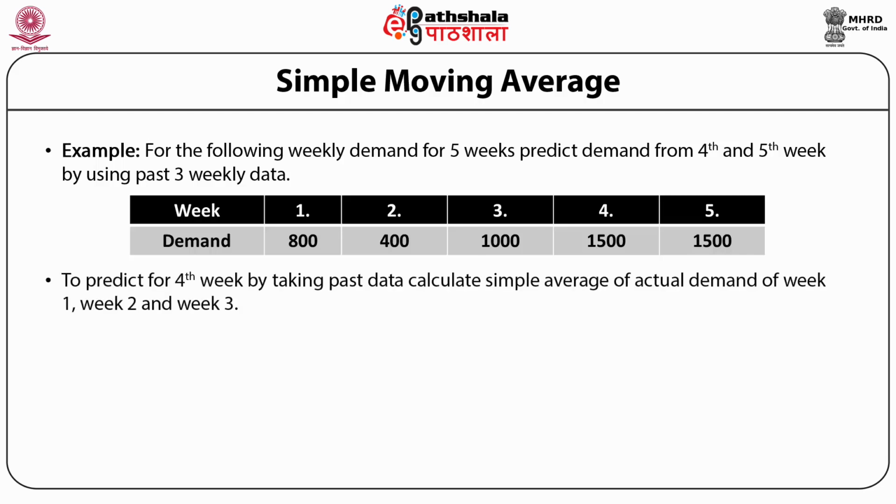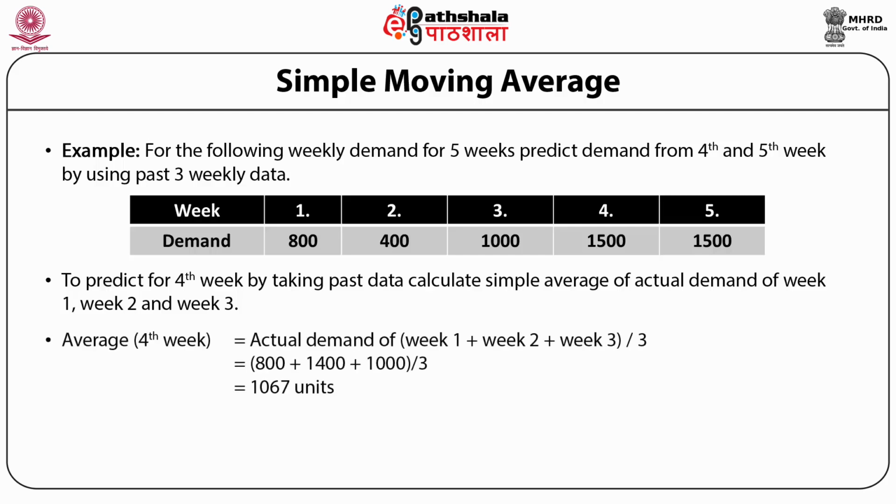To predict for fourth week, by taking past data, we'll calculate simple average of actual demand for week 1, 2 and 3. That is, average for fourth week would be actual demand of week 1 plus week 2 plus week 3 divided by 3. That would give us 800 plus 1400 plus 1000 divided by 3,